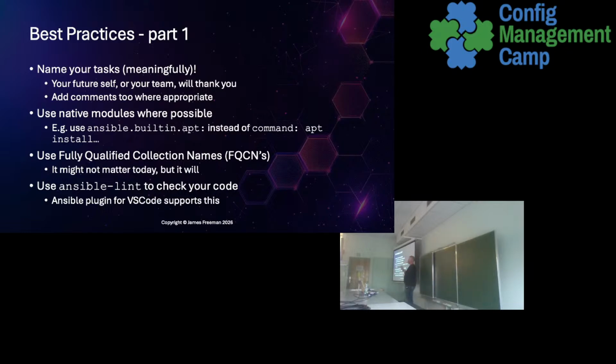Basically, when you use a module in a playbook, they have a dot notation in them, which is how you can recognize them. And they prevent any possible future clash if anybody ever comes up with a module that has the same name as an existing one. So they're just being very explicit.